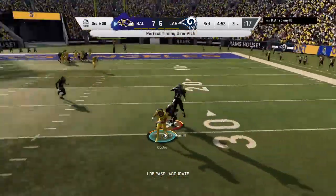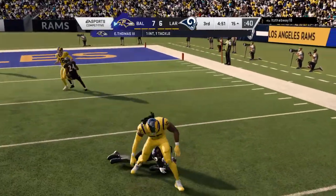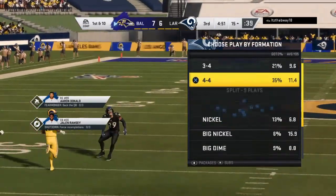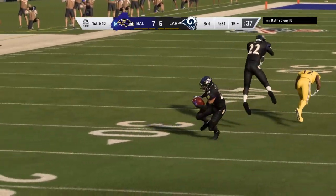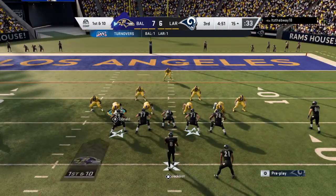Just into a double team, and it's intercepted. It's the former Seahawk, Earl Thomas. And they're going to be set up in the red zone at the 15. Well, they were obviously backed up, had a little bit of space from the goal line, snapping it from the 3, but still trying to throw it, and...